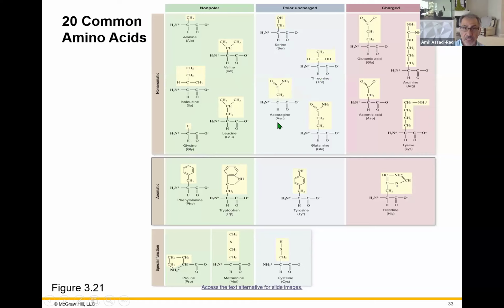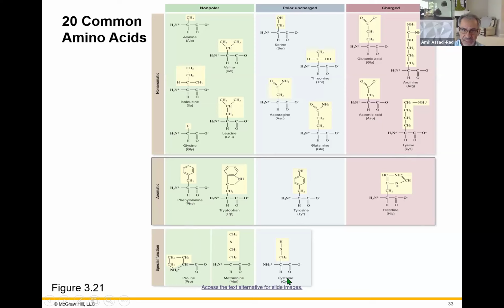Anyhow, it's not there. Asparagine and glutamine. Glutamic acid, methionine, arginine, aspartic acid, lysine, and then you have histidine, tyrosine, tryptophan, phenylalanine, proline,